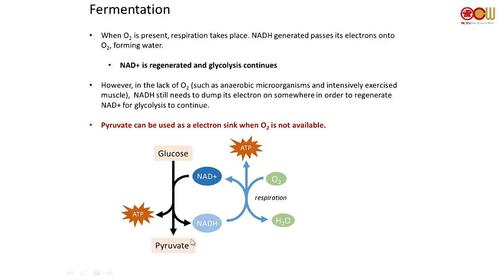Glycolysis, glucose becoming pyruvate, generates ATP, and you get a bunch of NADH. And then NADH can use oxygen as the electron acceptor to donate the electrons from NADH to oxygen, and you form water and NAD. So the most important process for respiration is that you can regenerate NAD+. Now that you regenerate NAD+, your glycolysis can continue. Makes sense?